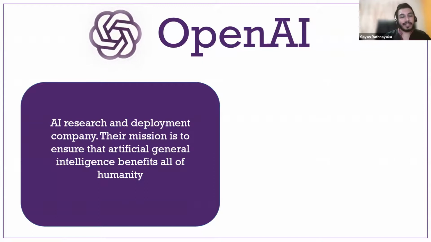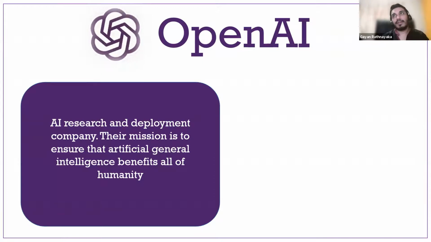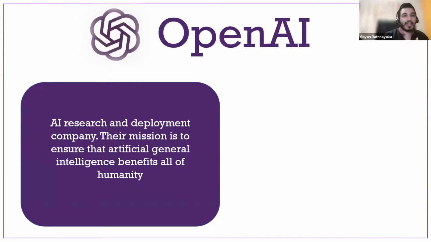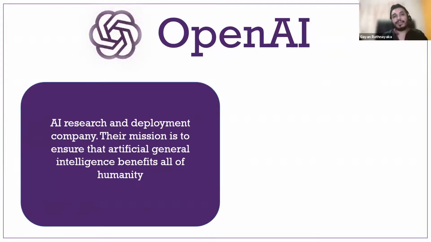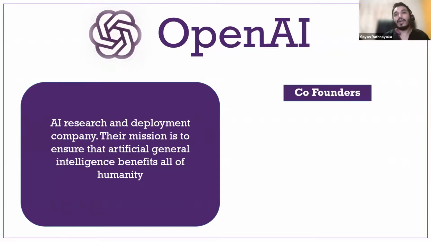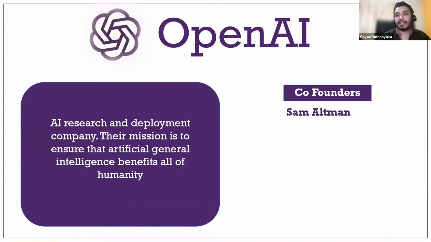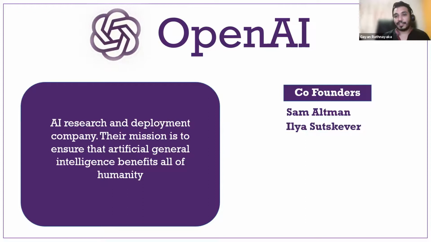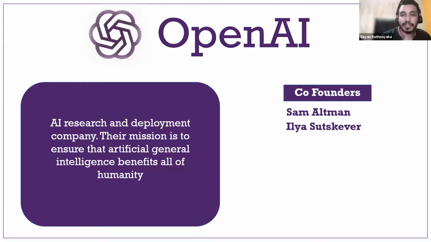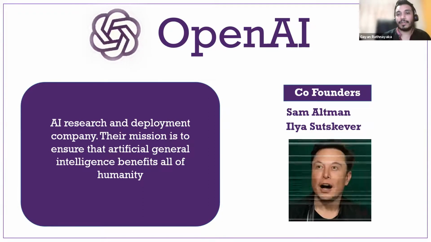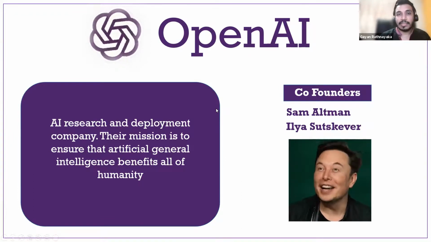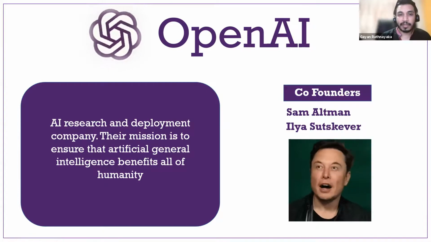General intelligence means the strong AI side. They are also working in the weak AI areas, but what they want to do is develop the area of strong AI. Okay, the co-founders, I will quickly go through. Sam Altman is the CEO, Ilya Sutskever is the chief research engineer, and of course, a co-founder, Elon Musk. I guess even Asma gave an idea about it in the beginning.